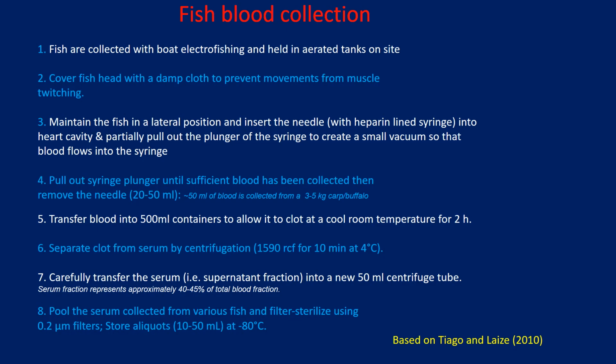How we do the fish blood collection: we use boat electrofishers. We take the fish, cover them up with a towel, and then take a syringe, a 50 ml syringe typically, sometimes a 20, and we use a heparin line inside the syringe to withdraw the blood from the fish, usually by heart puncture, and then we allow the blood to clot, transfer it into a larger container like